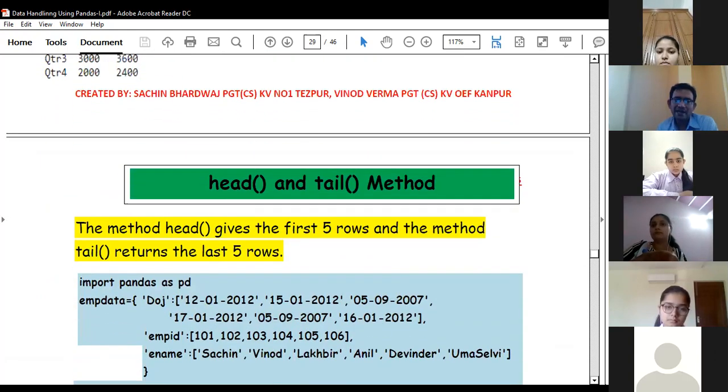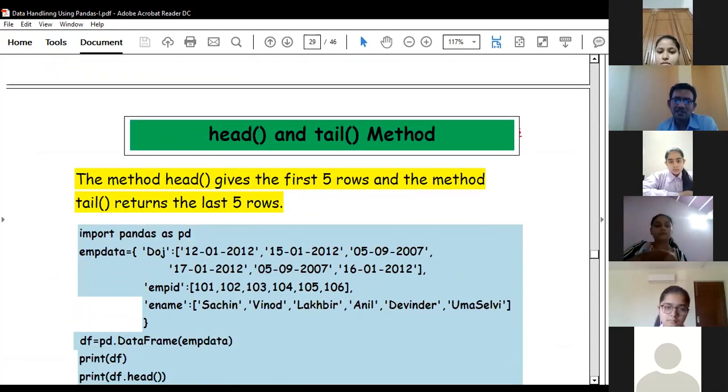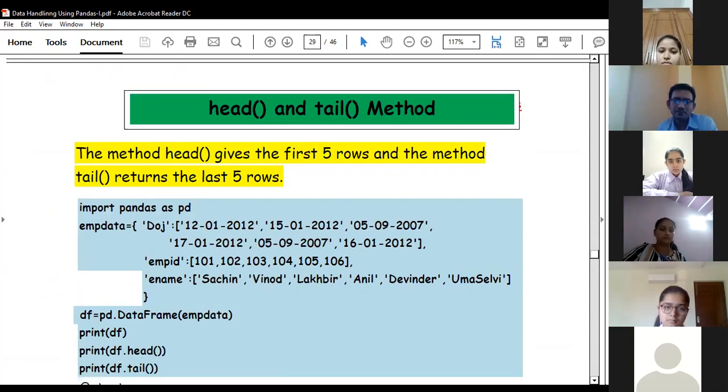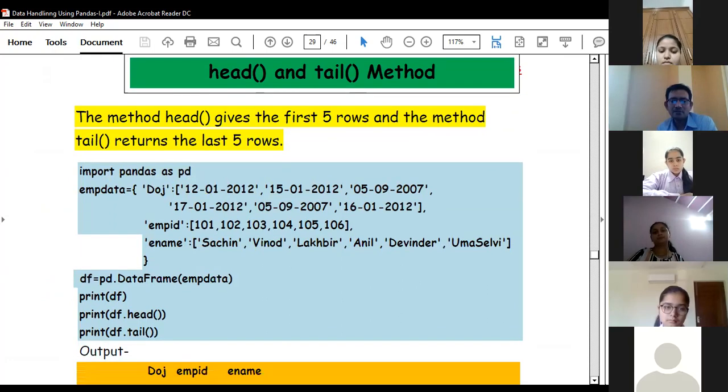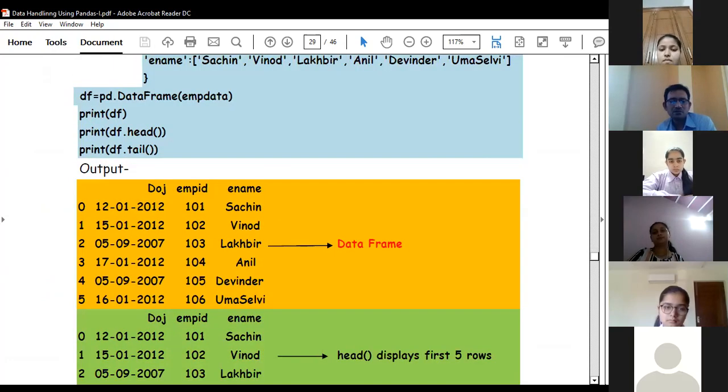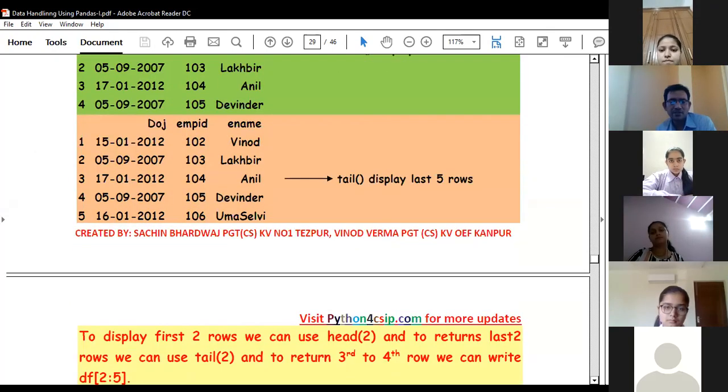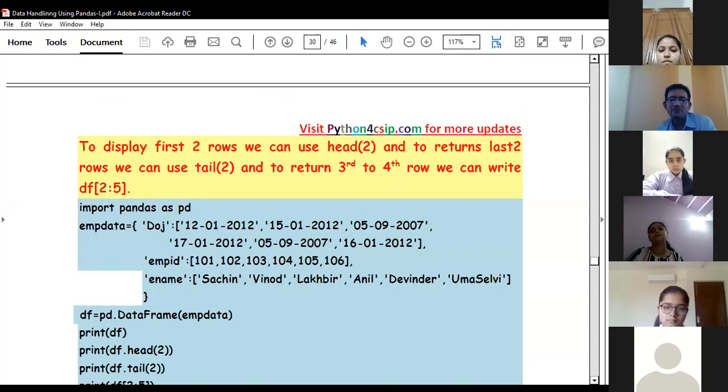Now the head and tail methods. We have worked numerous times on this particular method. Head displays the top 5 rows, tail displays the bottom 5 rows, so we will not spend a lot of time here. When we mention a specific value, that number of rows is displayed.